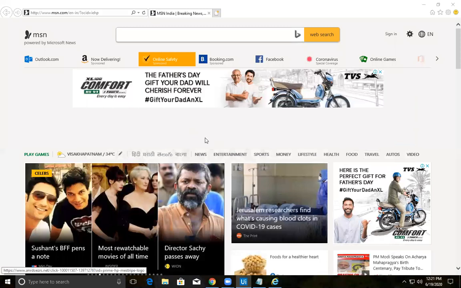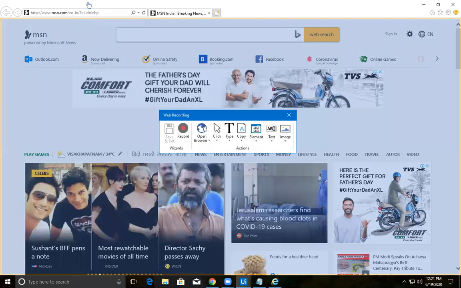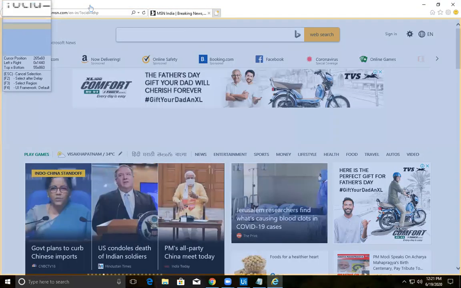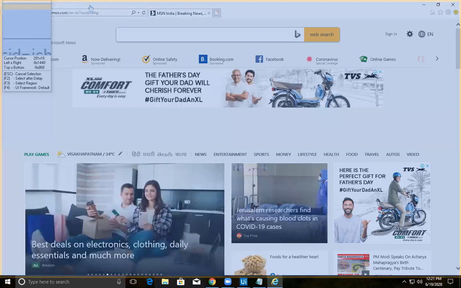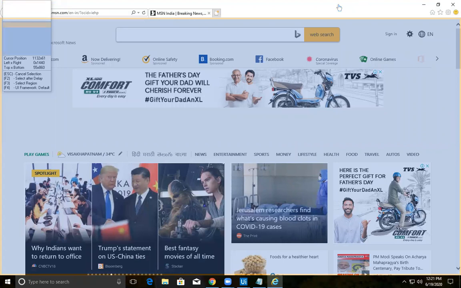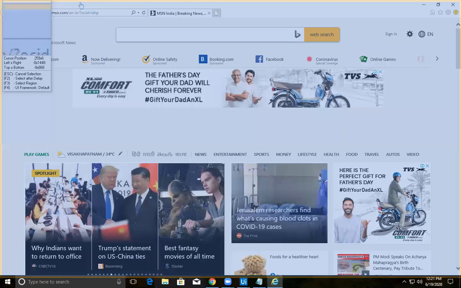Let's open a browser. What's the browser that you want to open? You need to select this entire screen. Don't select inside. You need to select the entire application, since your selector activity is open browser, so that your entire screen is recorded.